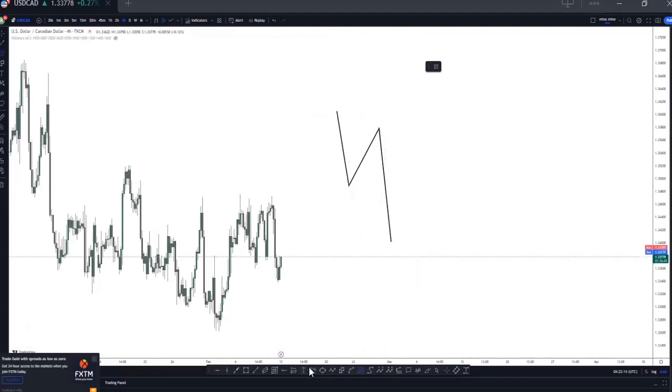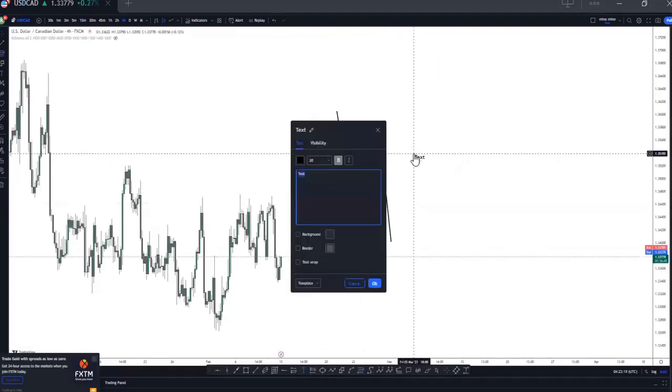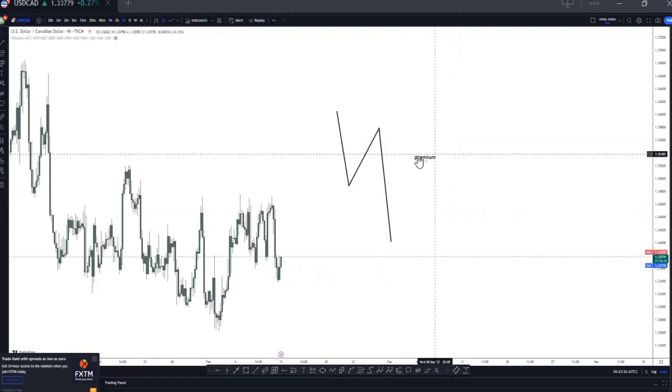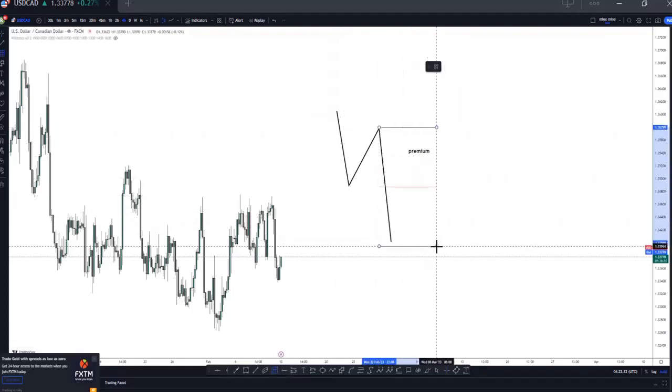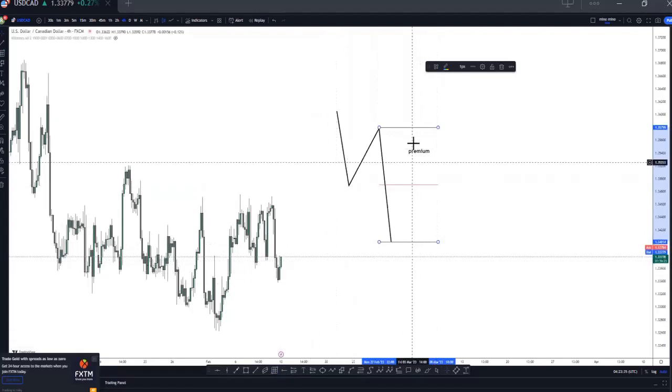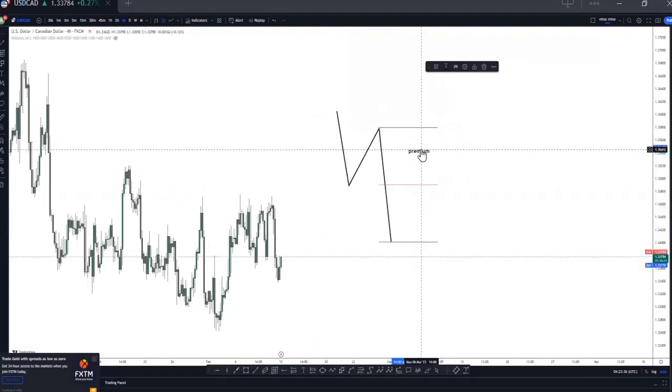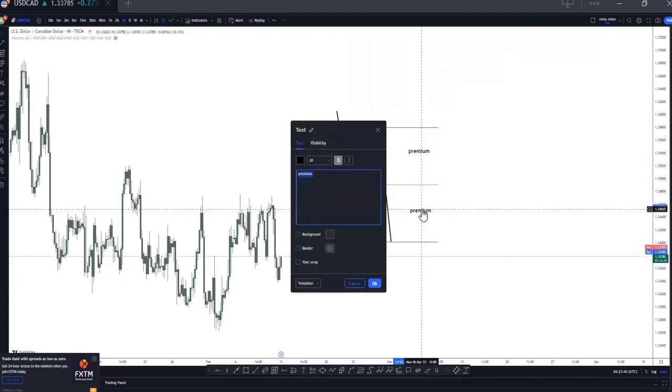Although I know you all understand the premium and discounts, and I believe with this already, you already know where to pay attention when it comes to trading the range. But now this is more simplified and also gives bigger confidence when you add the knowledge of the Fibonacci into this. All right, so we have the discounts